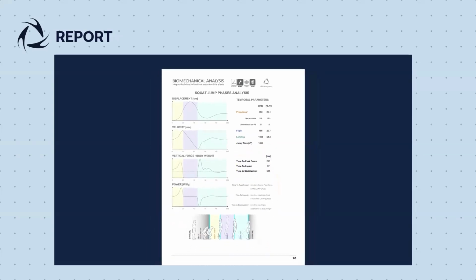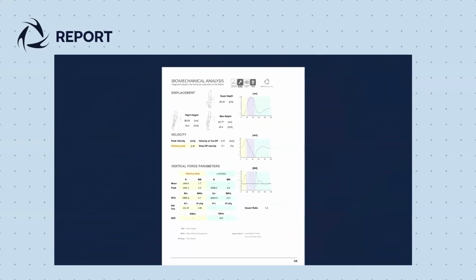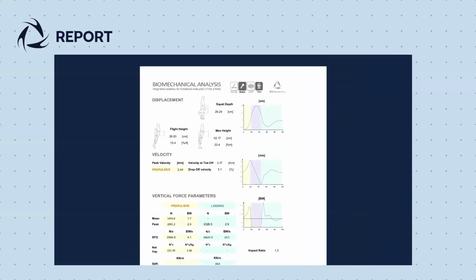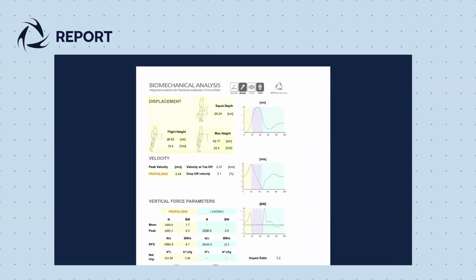the total jump time. The third page focuses on key parameters related to displacement, velocity, and vertical force. Displacement parameters are presented in the top section. Squat depth is the downward displacement of the center of mass from the standing position to the squat position. Flight height is the jump height calculated using the time of flight formula measured from the takeoff moment. Max height is an alternative jump height measurement calculated from the standing position reached during the propulsive phase instead of